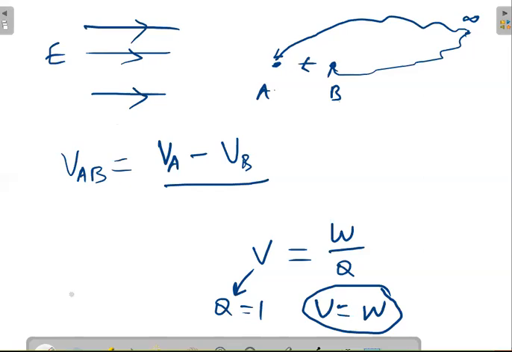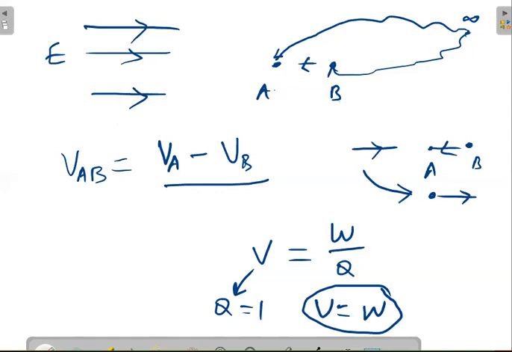What is the idea of this potential? Your electric field is there. You are coming from B to A, and definitely you have to spend the energy. Once after coming to A, if you release it, it will get energy and go in this direction. It will get the energy from the electric field. You have come against the electric field, and once you release that charge, it will go in the direction. So in the first case you are spending the energy; in the second case, that charge is gaining the energy. That is the idea of the potential.